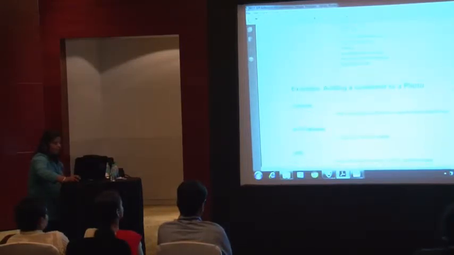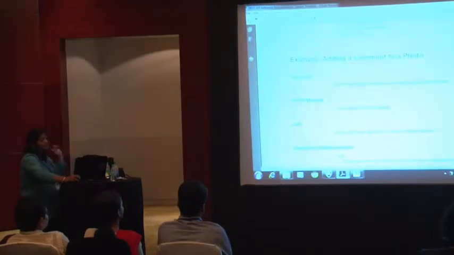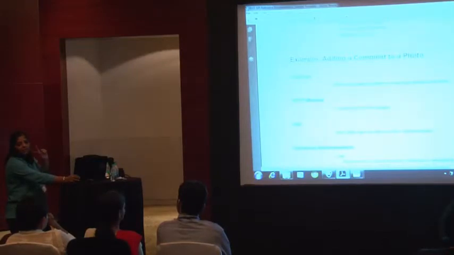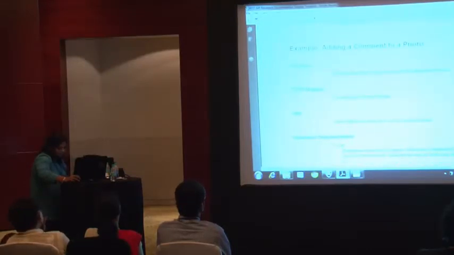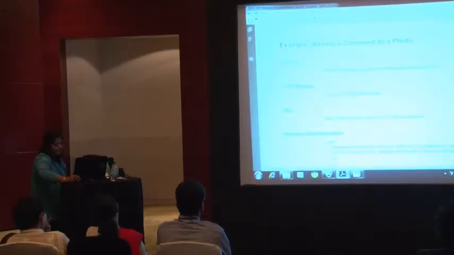Next, we document the HTTP method. Again mapping it to the CRUD methodology, now we are adding a comment, that is we are creating a record. So this REST API uses the HTTP post method. Then we talk about the URL.